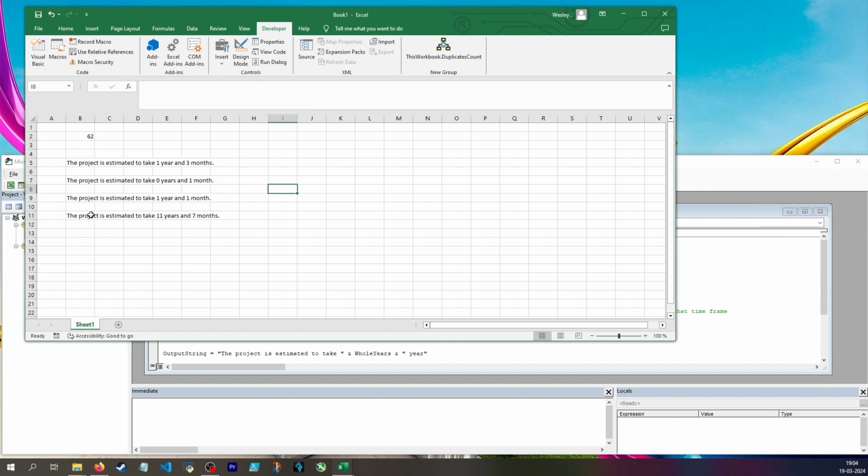But I'm not a project manager. I just think it's silly to make a project that takes 11 years. You probably shouldn't do that. That's very optimistic. So, yep,